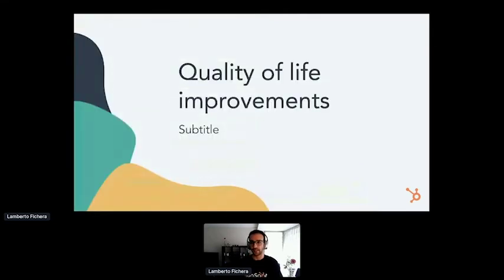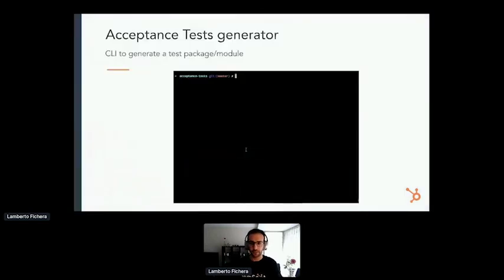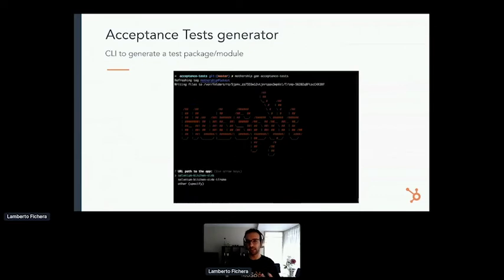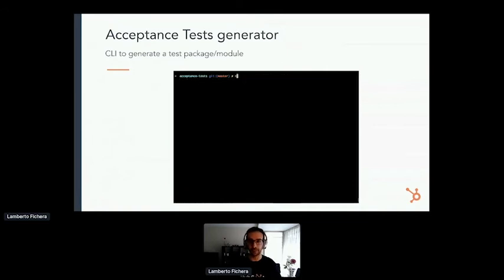All right, so moving on to the final part of the presentation, I want to show some of the improvements that we've made over time to the testing infrastructure. One of the first ones we did was kind of a no-brainer. By the way, we use the words acceptance tests and end-to-end tests interchangeably. They're kind of synonyms for us. That's not true everywhere, but that is kind of how we deal with it.